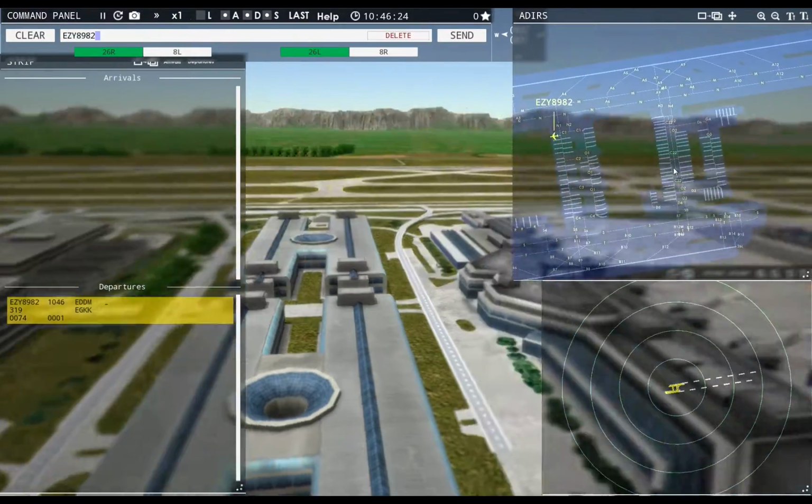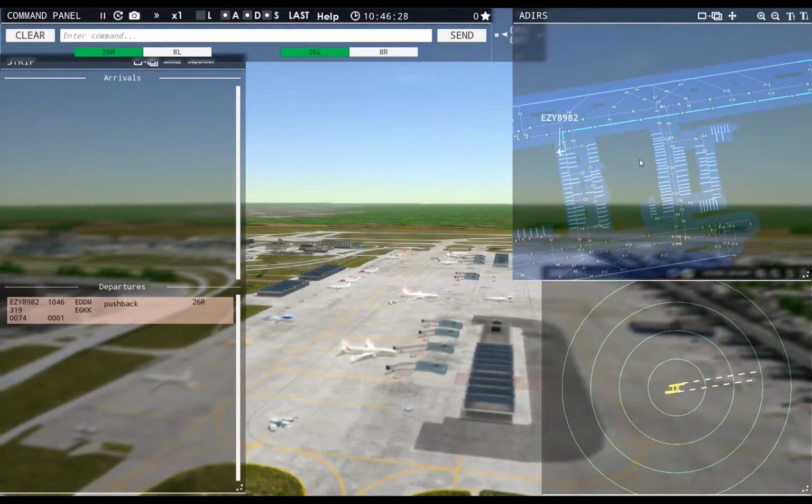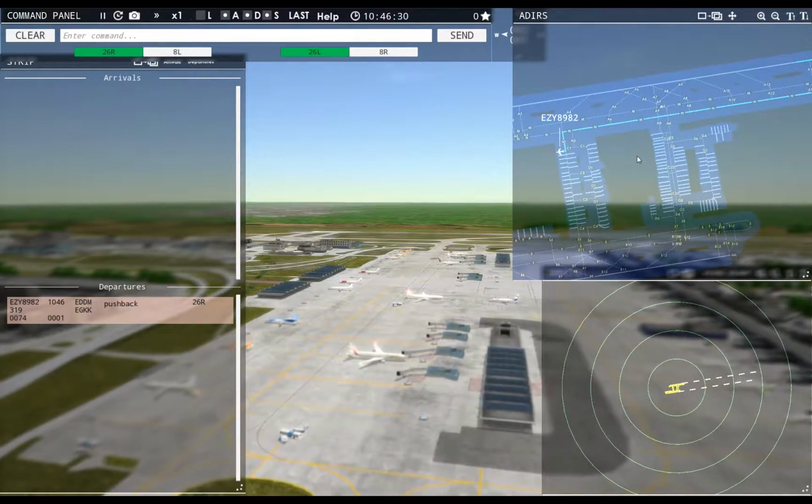Easy 8982, pushback approved, expect runway 26 right. Ground, 26 right, pushback approved. Easy 89 Nerd 82. Remember my flow